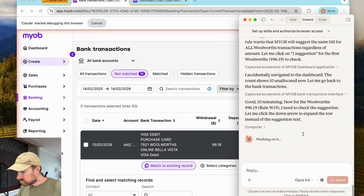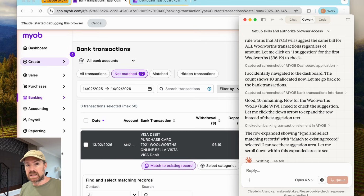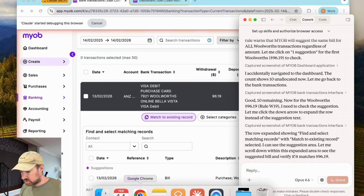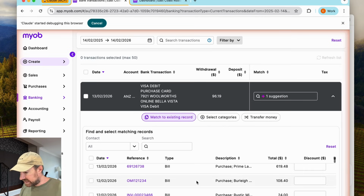All right, so Woolworths, one of the suggestions is when we get a bill come in from Woolworths, check if there's a bill in there to reconcile with where the dollar value is the same and the date is similar, then reconcile it automatically, because she goes into the email and creates these bills herself. So there's a good chance this bill exists already and MYOB will find it. Let me have a look what it's showing here. So 96. This actually